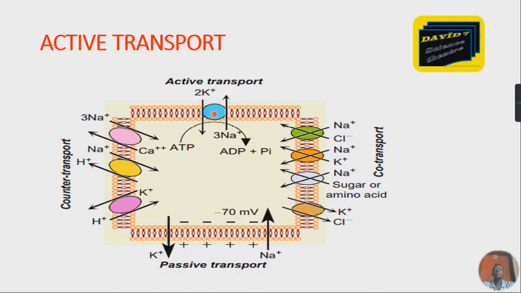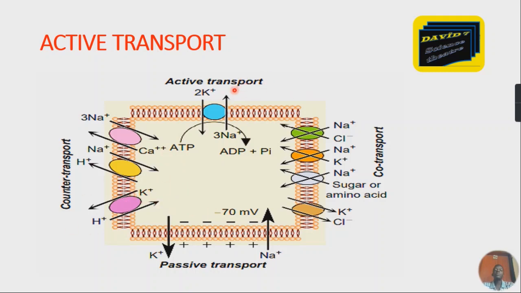So active transport alone can be primary or secondary. If you look at this, this is passive transport. The potassium, which is too high inside, is getting out. The sodium, which is too high outside, is entering passively by diffusion. Okay, so now we have